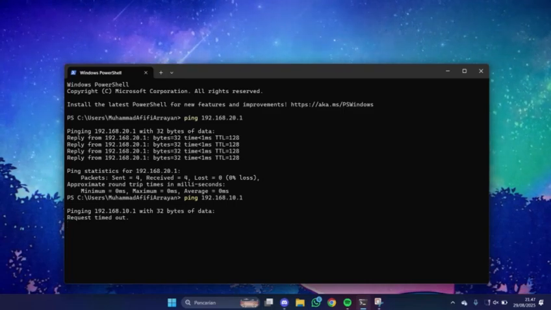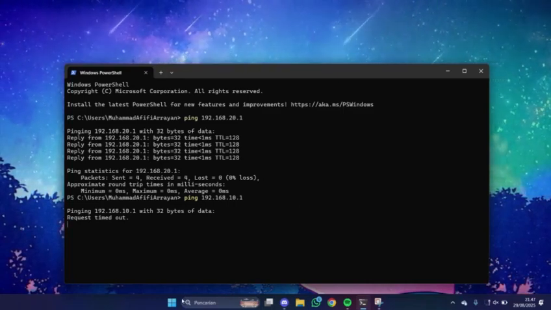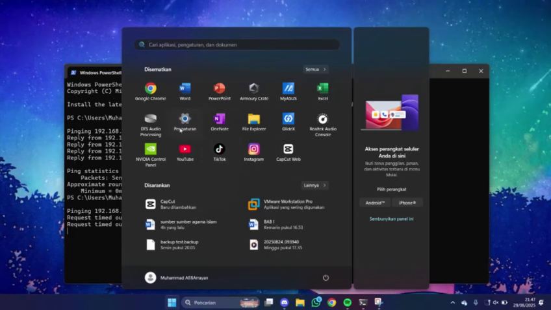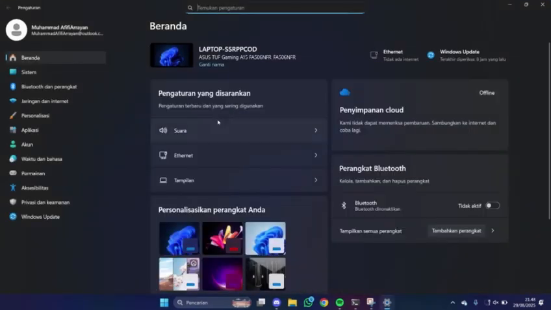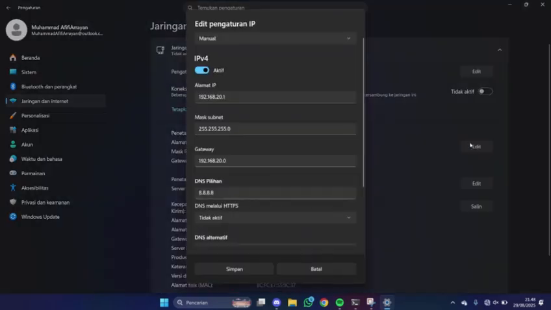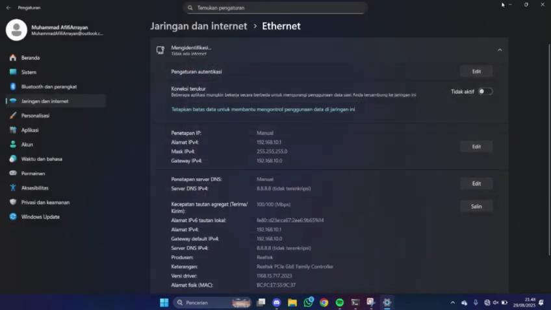We can try it. Okay, I'm sorry, I have not set this Ethernet first.